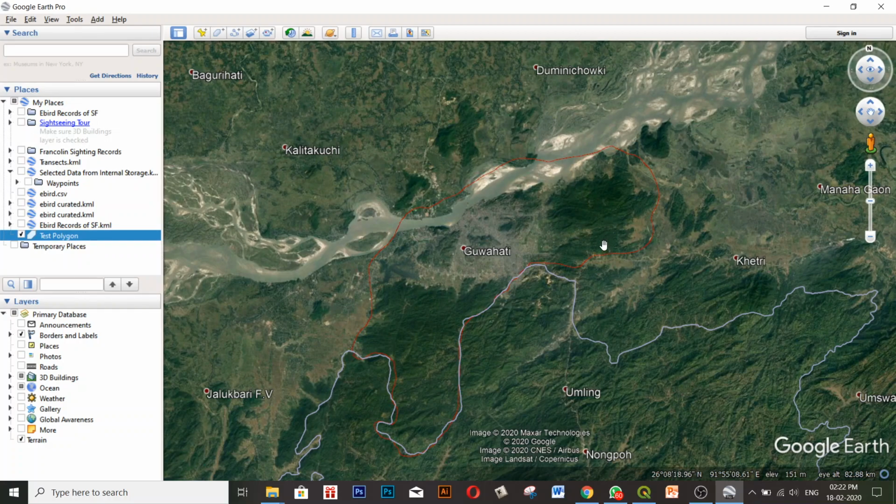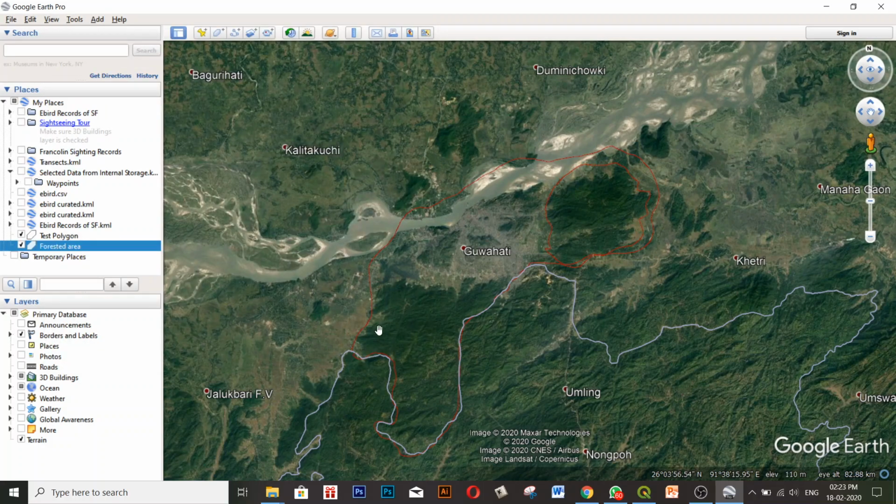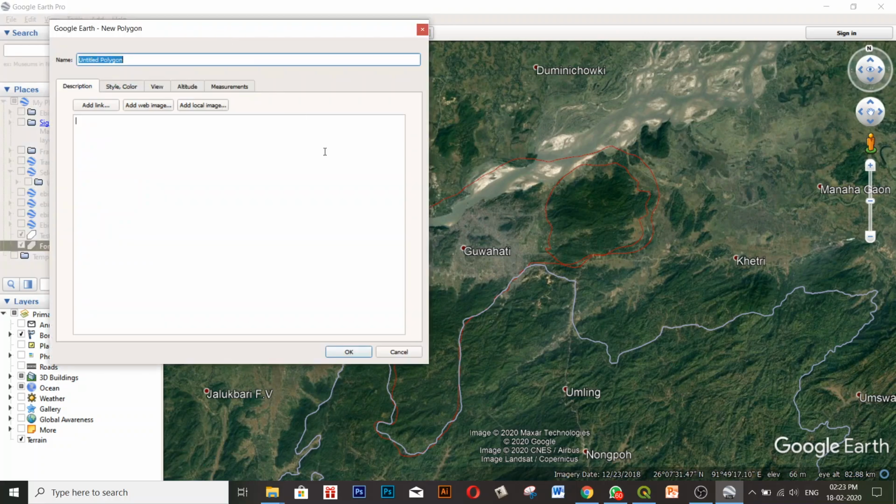Likewise you can keep creating different polygons, like this forested area here. For more accurate maps you can zoom into the map in Google Earth Pro, then you can make the boundary like that. So let us name it forested area. Okay, so we create it like that. Then you can again create,